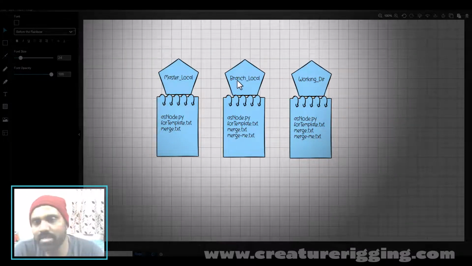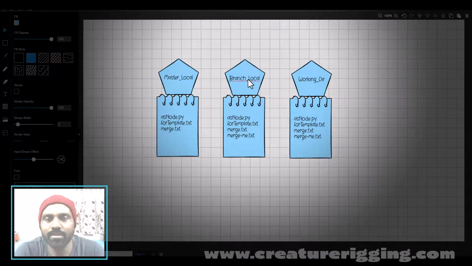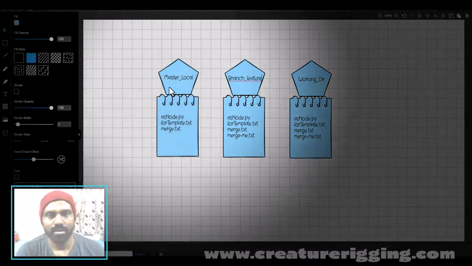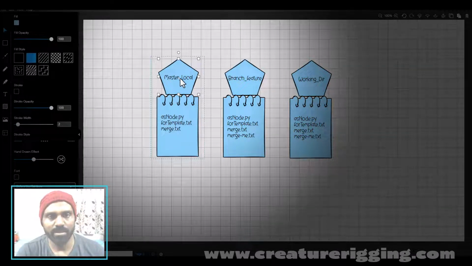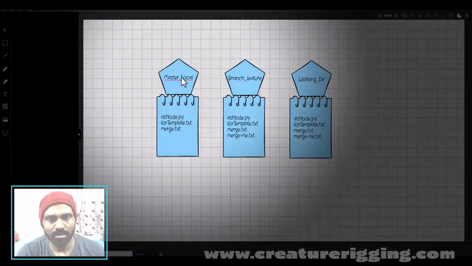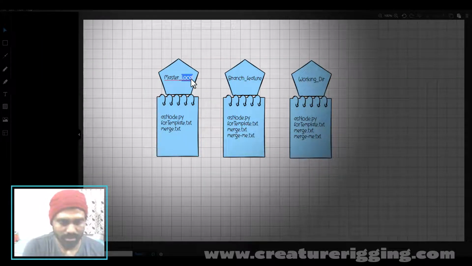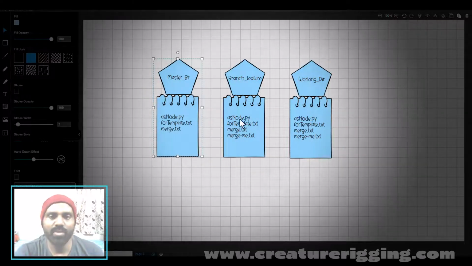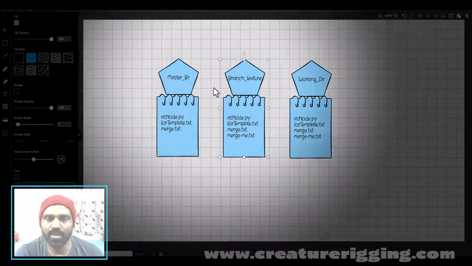So in this case, the branch is feature. This one is the master branch, and this one is the master branch working directory. So when we merge these two,